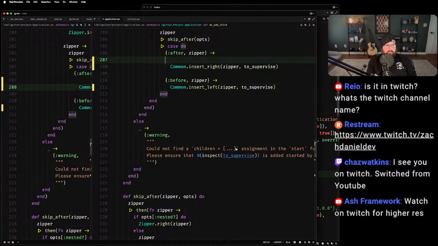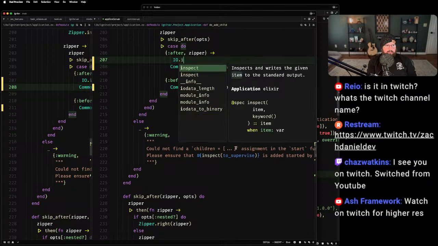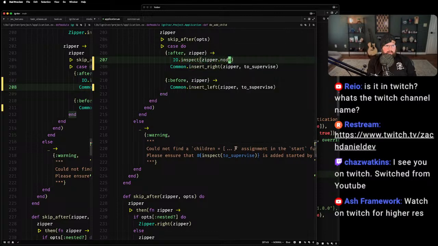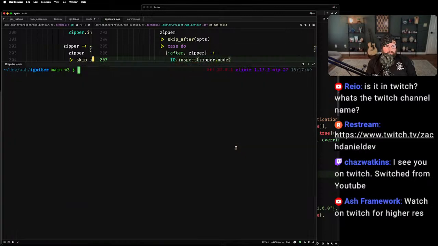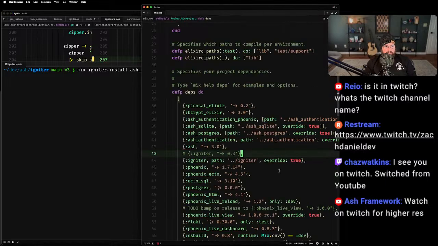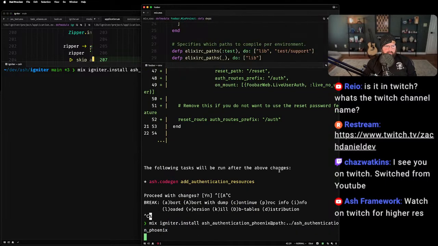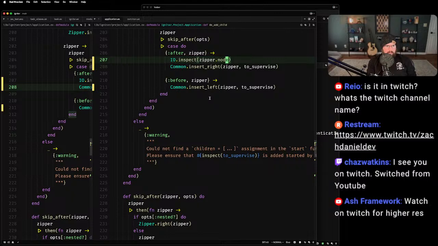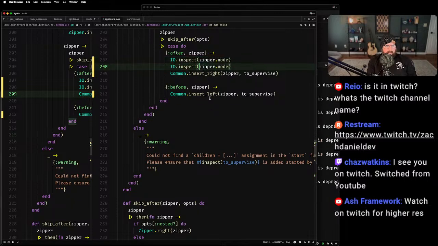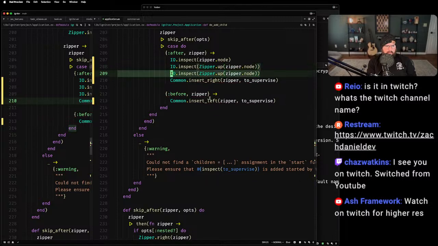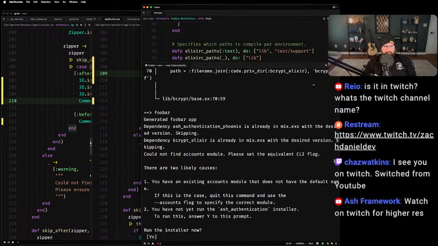Okay. So let's look at the node right before we insert right. And probably what I want to do is I want to see the node. I want to see what's up from the node. This will help.